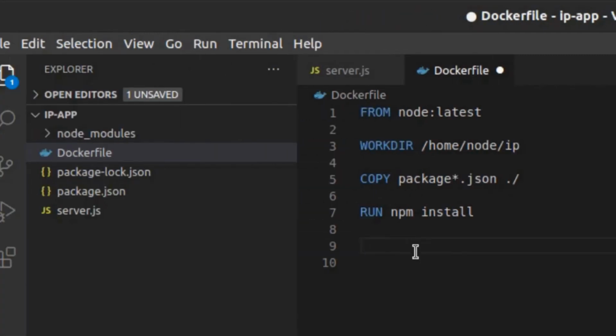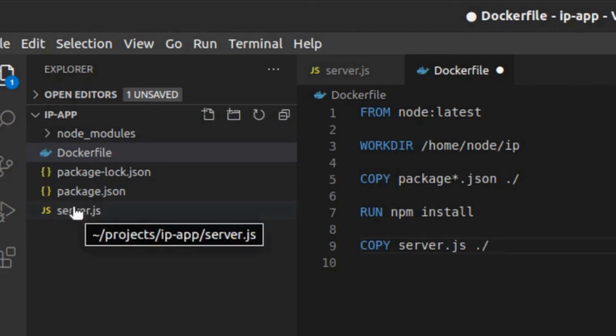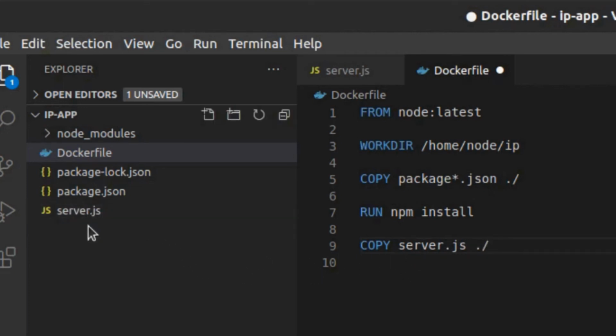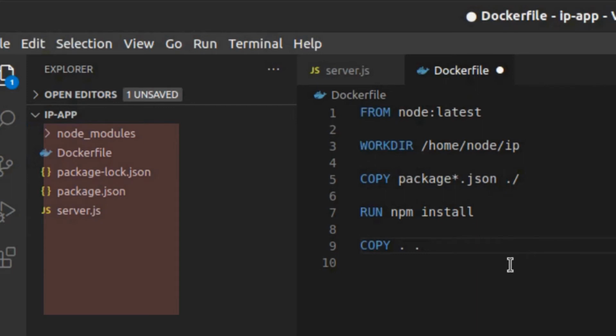The only thing that is left is our server file, so we'll copy that too. If your node app is having multiple files or folders in its structure, then you can simply do COPY . . by which we mean to copy all the files and folders inside the directory in which this Docker file is present, and copy it to the working directory of this container, which is this IP folder.